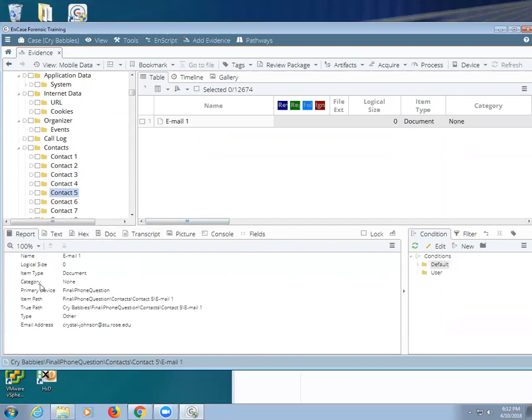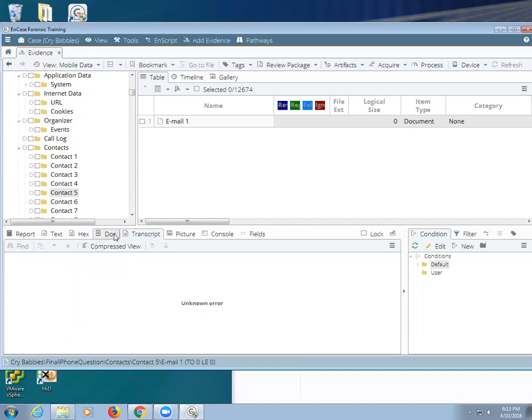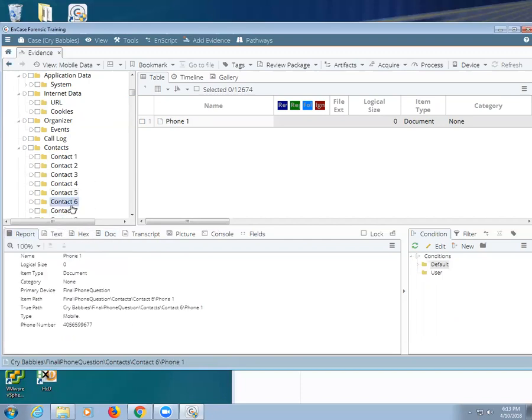Now, while we're in here, the report pane is probably the best one you want. Text is hard to read. Transcript is usually decent. Not in this view, but normally transcript view is like looking at a Word document with a bunch of formatting characters, and it wipes all that out and just gives you the text, but in the phone it doesn't. This is really just text. For this one, you're probably best with just report. But you can look at all this stuff here. So let me go back up real quick.